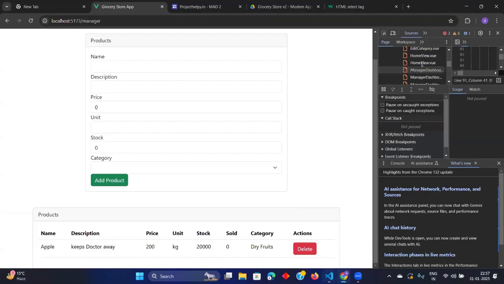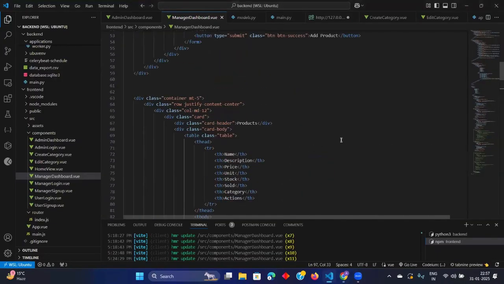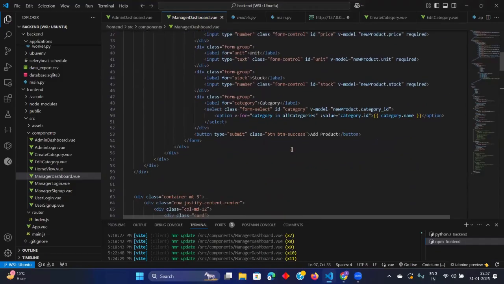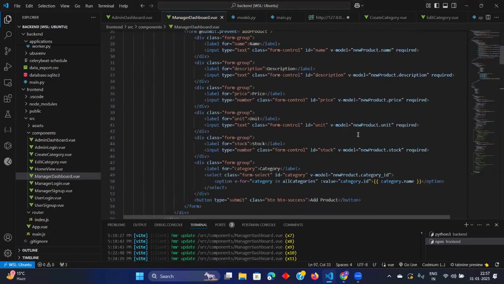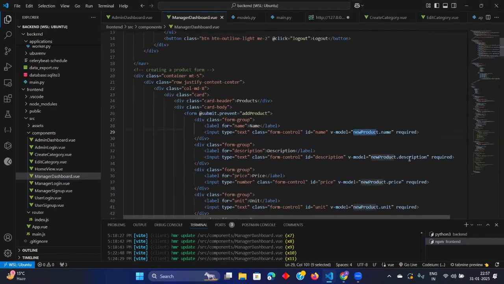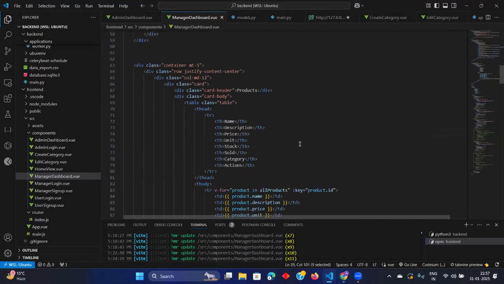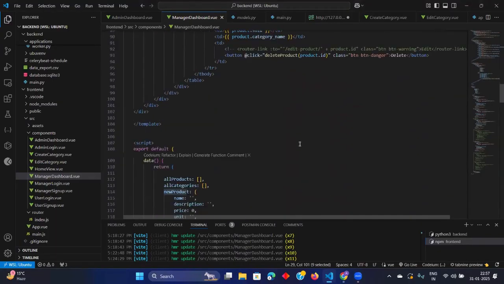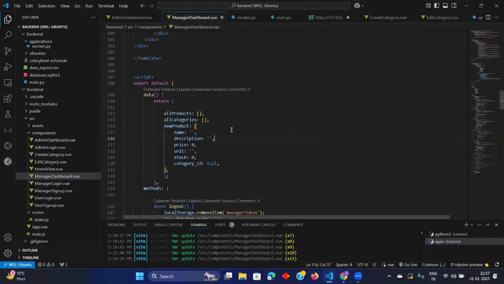Now let me explain what we have done here, like the new category thing. What is this new product thing? New product.name, description, all these things. In simple words, we have defined a new JSON object here. In data, we write all the things which we are going to show on the front end, right?